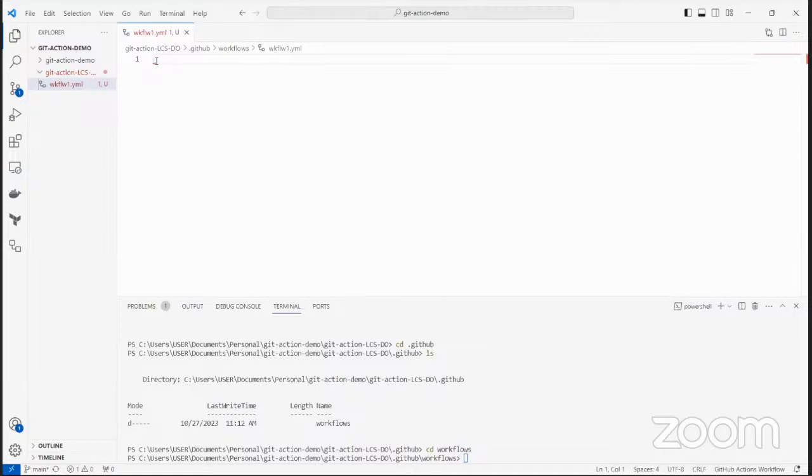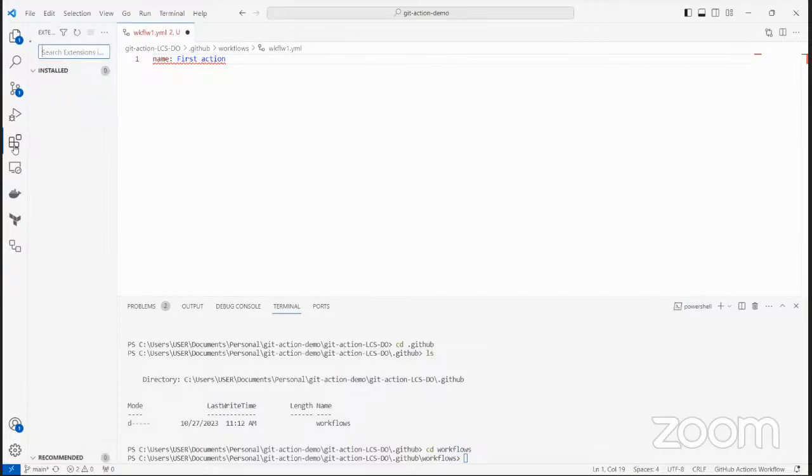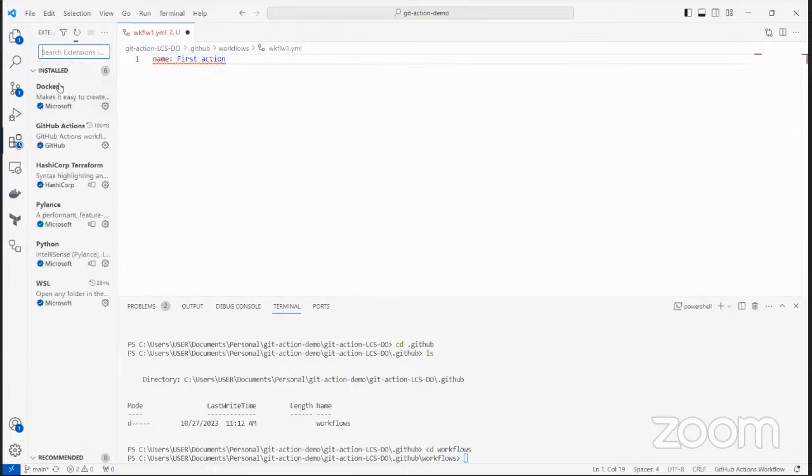So starting again as usual, let's come with name. The name is going to be first action. First action. If I try to highlight on this now, you can see it is trying to tell me why this is causing an issue. The reason why I'm able to see all of these helper tools is because I have an extension. If I go to my extensions folder here, and you can see my installed extensions, I have an extension for